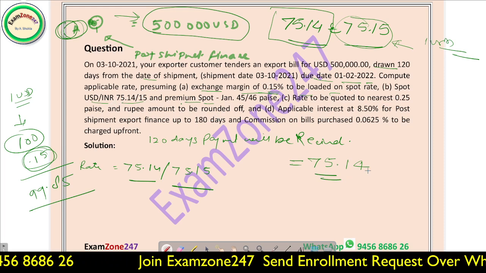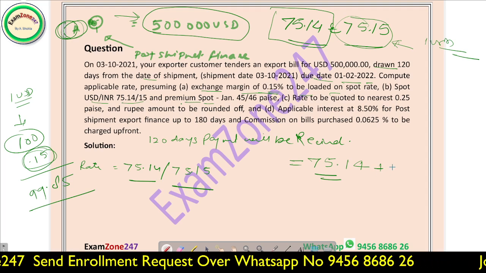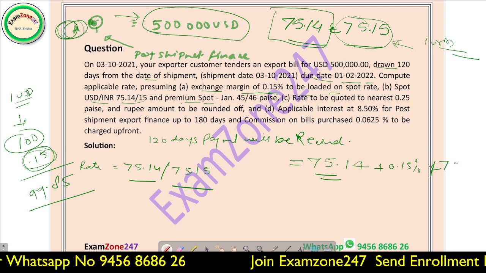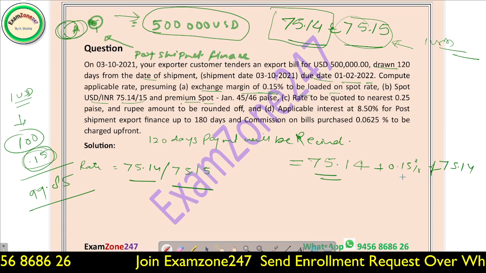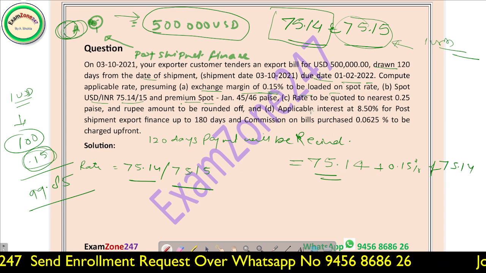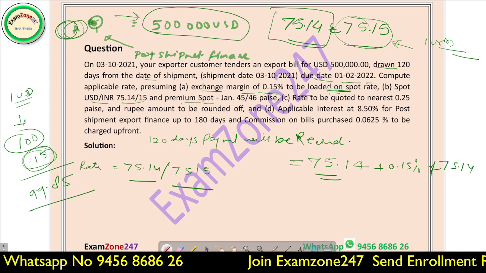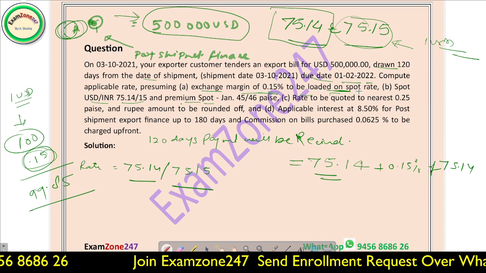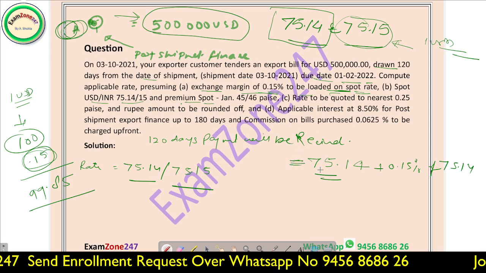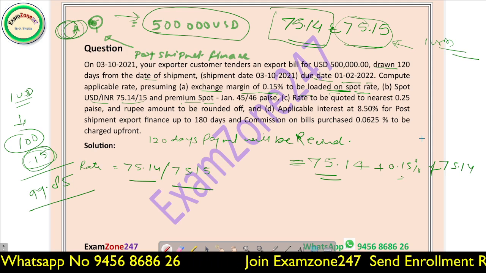What is the rate here? We have seen that the rate is this plus 0.15% of 75.14, because the exchange margin is to be loaded on spot rate. इसके कहने का मतलब ये है कि जो भी एक्सचेंज मार्जिन है वो आपके स्पॉट रेट पे ही लोड होगा। स्पॉट रेट हमने कैलकुलेट किया कि इस रेट से एक्सचेंज बैंक करेगा, तो 0.15% उसमें हमने ऐड किया।